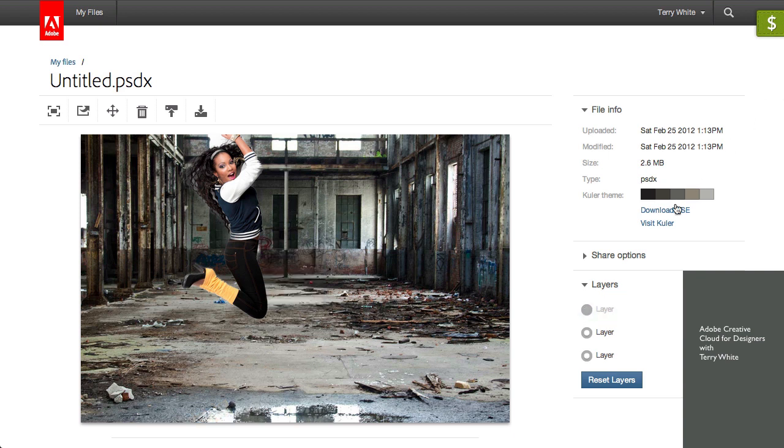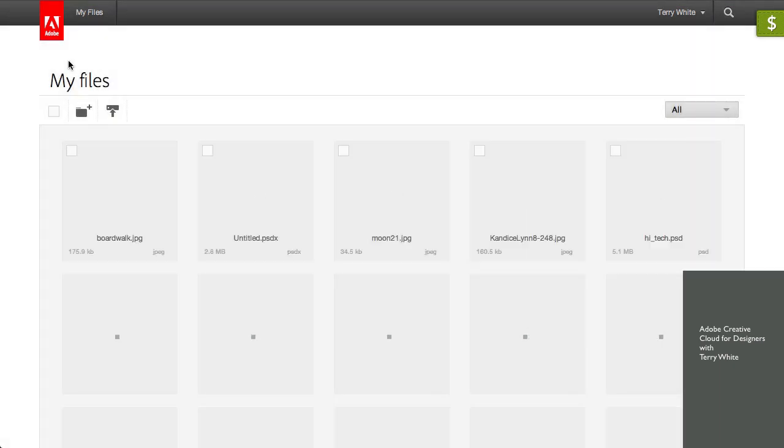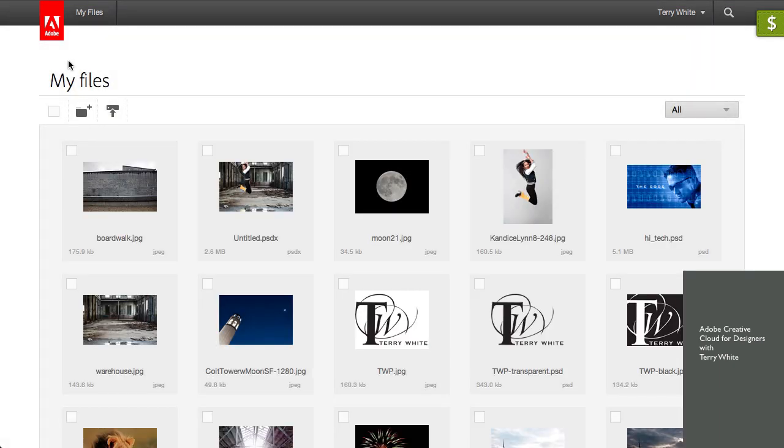I can even download the swatches from Kuler and work with those as well. So just simply previewing files in Creative Cloud is very easy, as we can see. But what if I want to actually now leave? I want to leave the office and I want to take this work with me. So we already know it's in the cloud. So let's go ahead